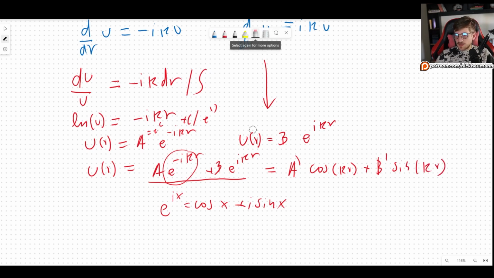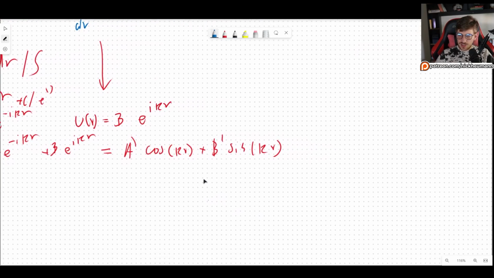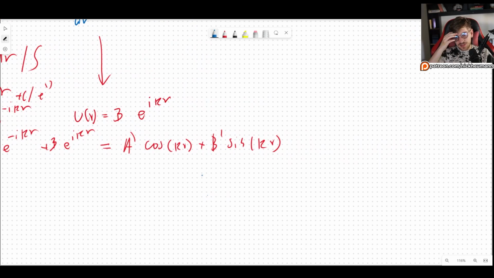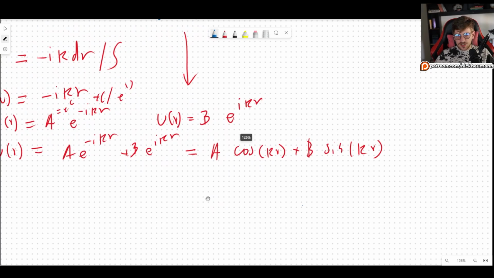Okay, so you can do this. You can write it in terms of cosine and sine instead of the exponentials, and it is better because that way applying boundary conditions will be much easier. Whenever we have bound states in an infinite spherical well, or finite, or in this spherical case, it's better to have cosine and sine. It's easier to work with. And since these are arbitrary constants, I can just rename them to A and B and forget about the primes. Okay, so that is the solution inside, but we have to take one more consideration,